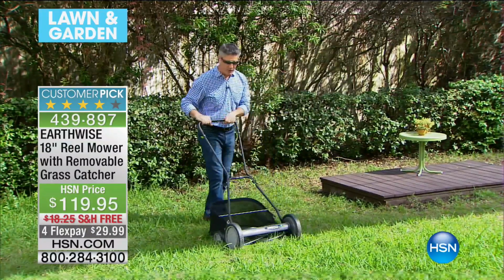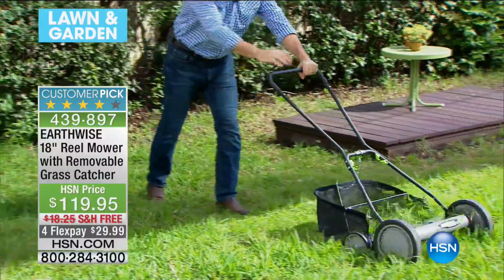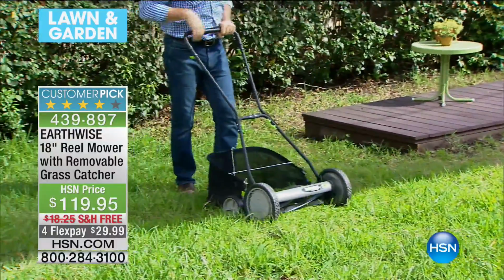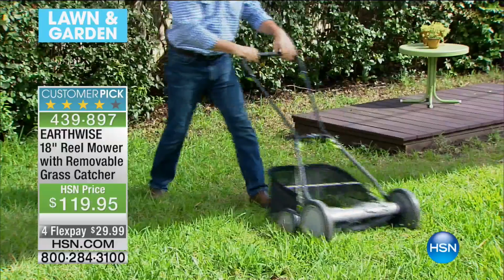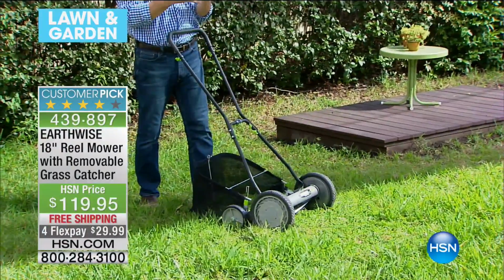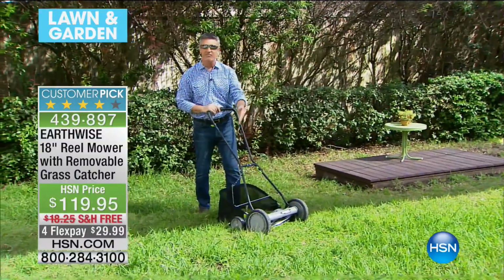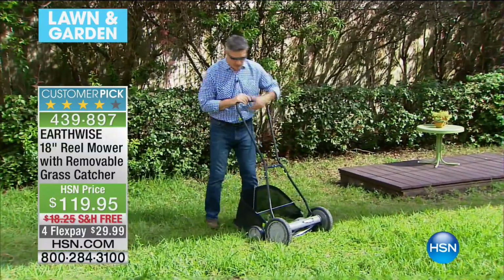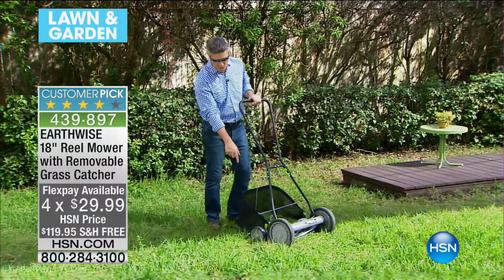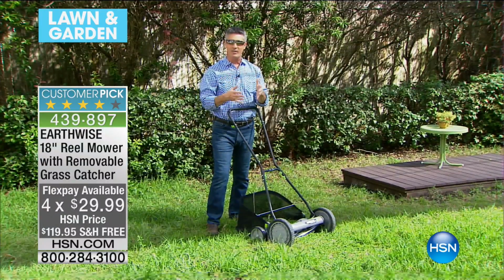But watch how that reel mower works. You might remember this from your younger days, that all I'm doing is pushing this mower, and as that reel spins, it does a tremendous job at cutting that grass without destroying the tops of those blades of grass. This has everything you need. It has the grass catcher, as I said, 5-blade reel, and also large wheels in the front and those small trailer reels. You can adjust this to just about any height you need to get that perfect cut of grass,